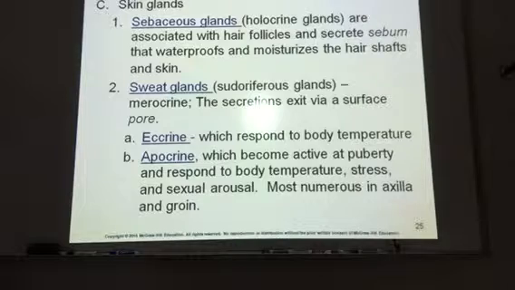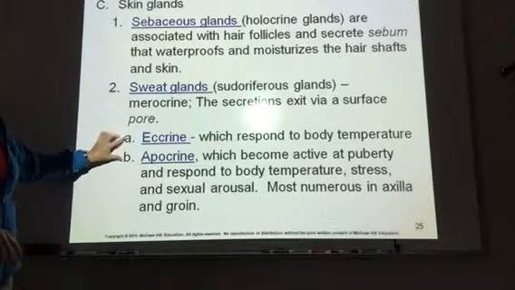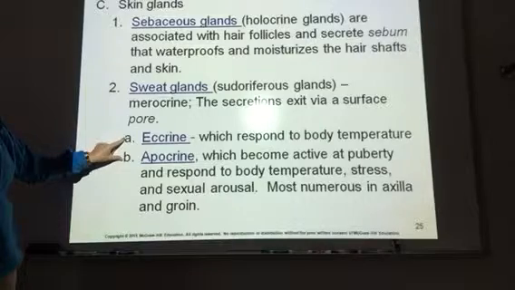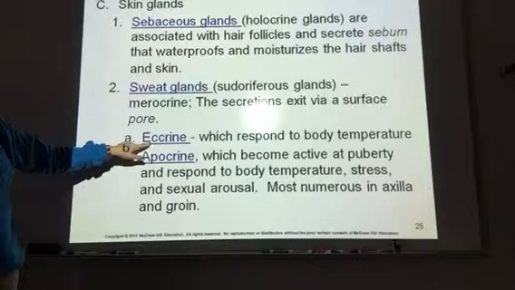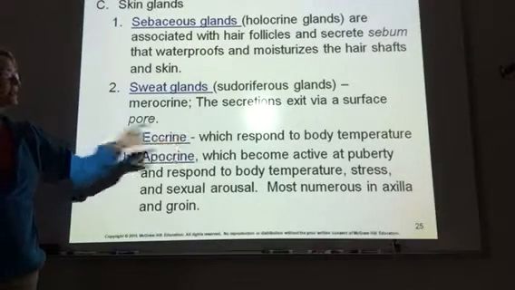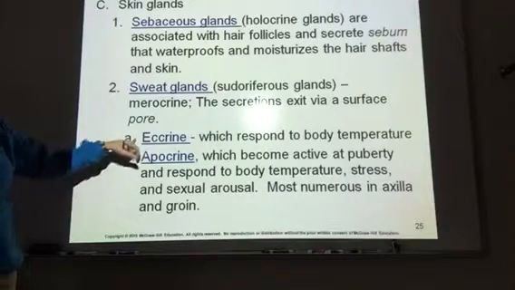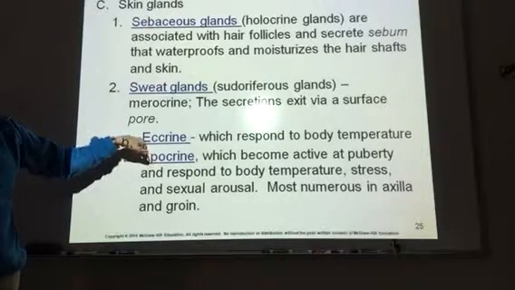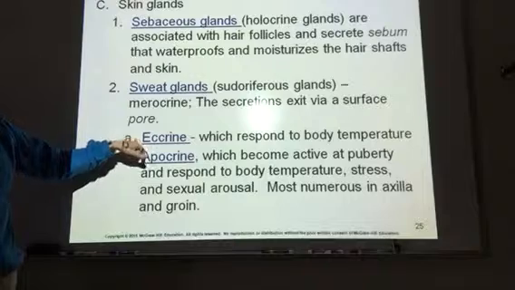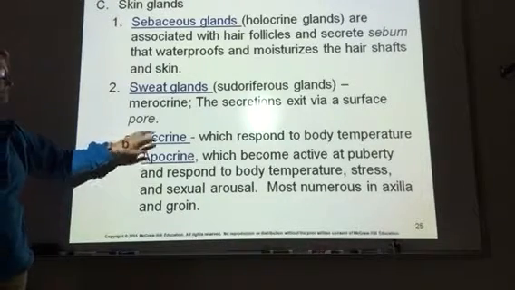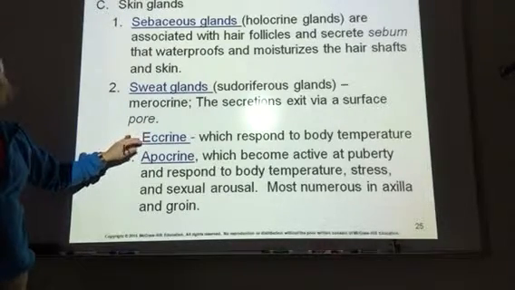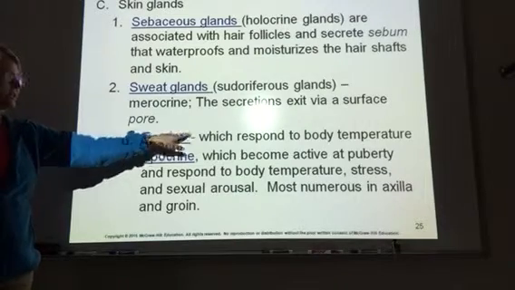Sweat glands, sudoriferous glands are merocrine. There's two different types of sweat glands. So eccrine glands are the ones that are going to respond to body temperature. These are found all over your body. When you go to basketball practice, football practice, whatever, you get hot and sweat, eccrine glands are found